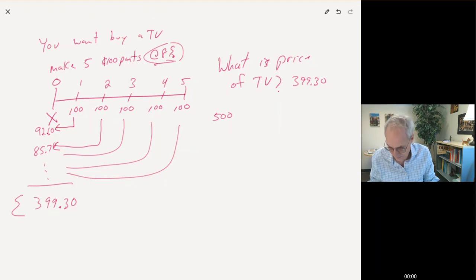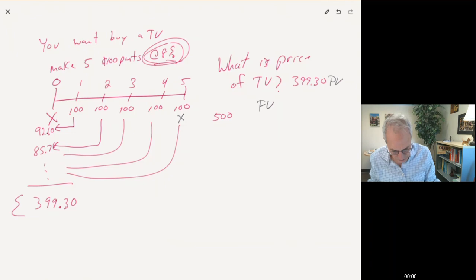Okay, now let's assume you go there to buy the TV and you think, you know what, the TV's just too expensive. I could take those $100 and put them into the stock market and make 8%. Okay? So now the question is, how much would it be in the future? So this would be present value. What is the future value amount?